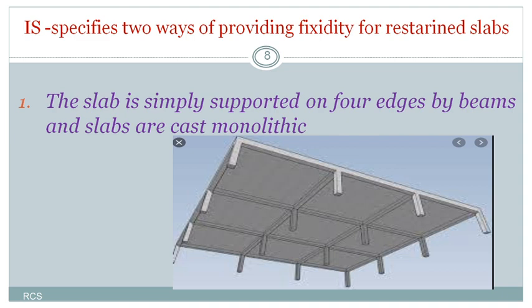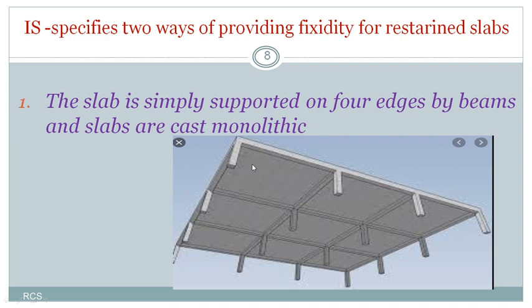In this particular situation, see here I have a figure. These are the supports, simple supports, in the form of columns, and these are the beams. These are the beams, and this is a slab. It's the bottom view of a slab. This is a slab, and these beams and this slab are cast at the same time. So we can call it a monolithic construction.